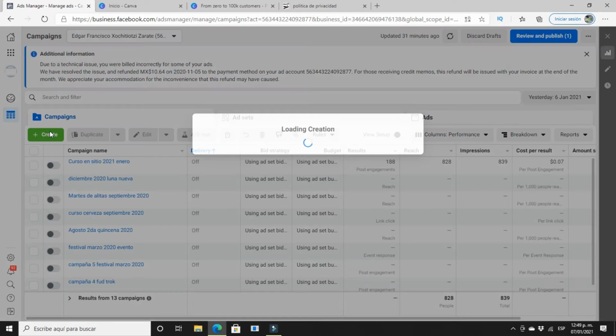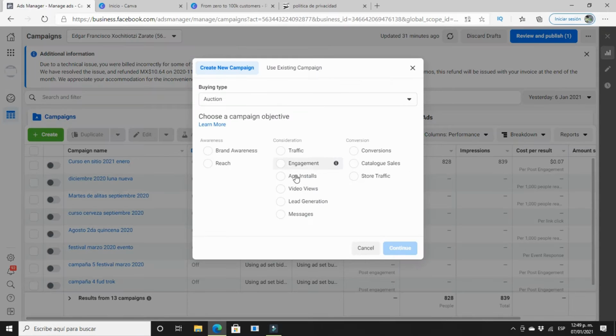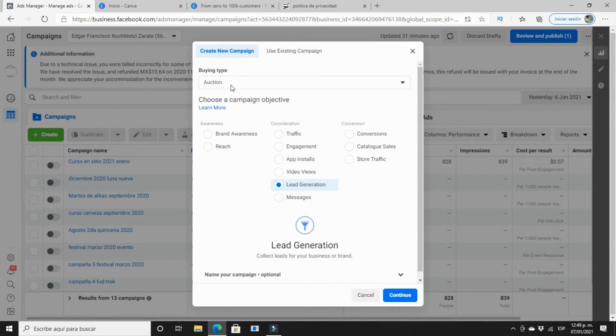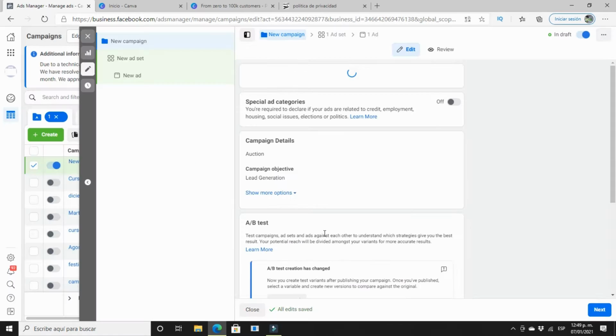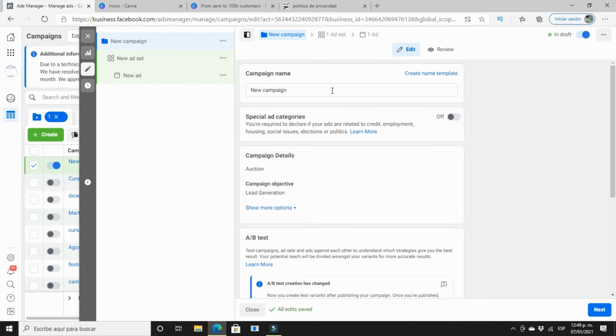So once that I have told you this, we're going to create the campaign. We're going to click here on the create button and we're going to click here on lead generation. We're going to establish auction as the buying type, and on lead generation we're going to click here on continue and we're going to type the name of the campaign, for example restaurant management in 2021,